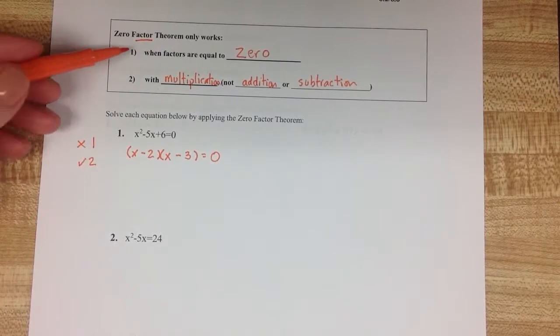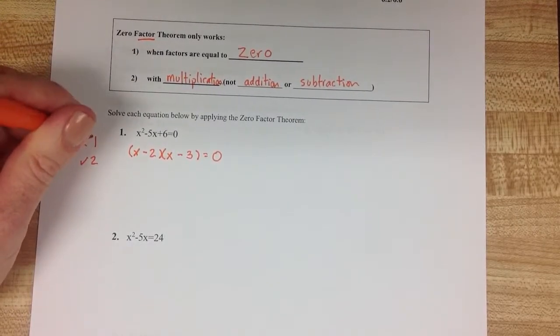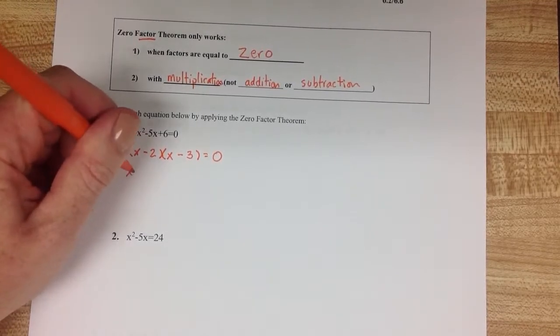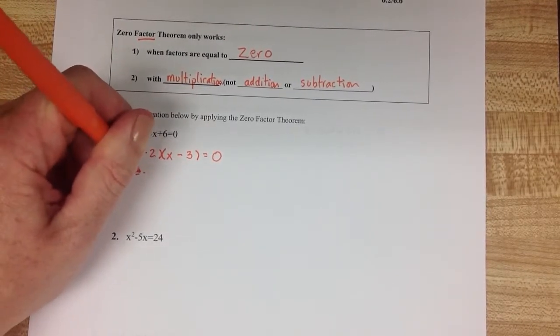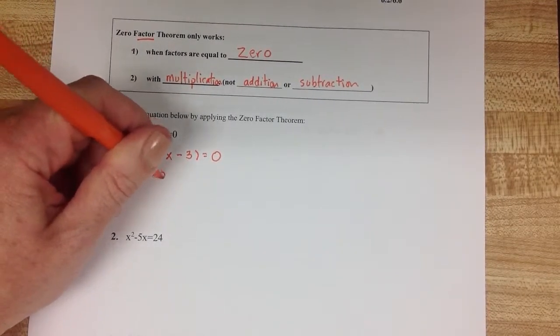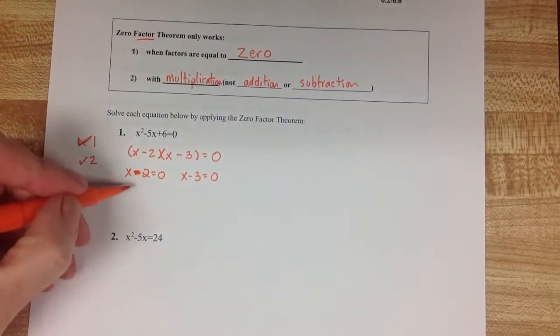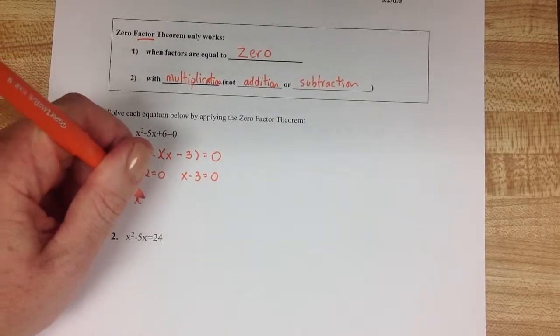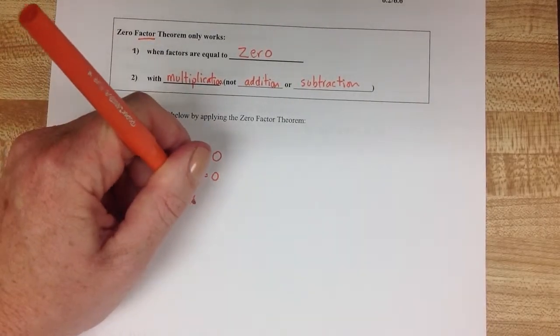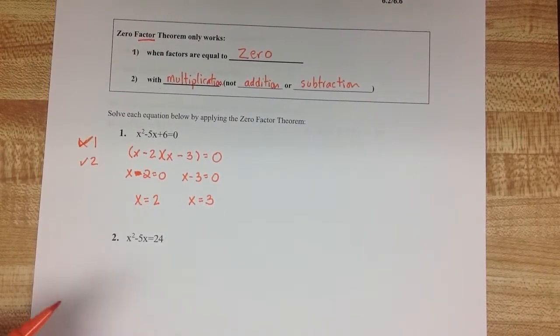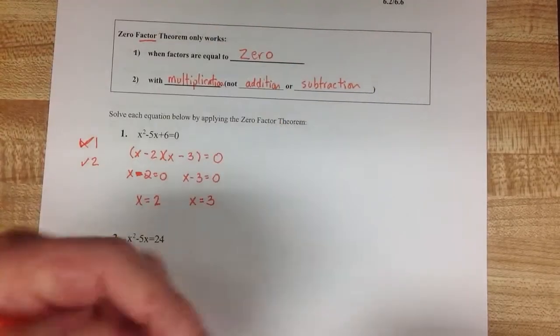So now we meet both of the requirements for applying the zero-factor theorem. I'll set each of those pieces equal to 0: x minus 2 equals 0, and x minus 3 equals 0. Add a 2 to both sides, gives me x equals 2, or x equals 3. And checking that real quickly,